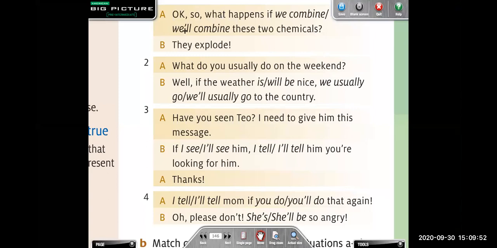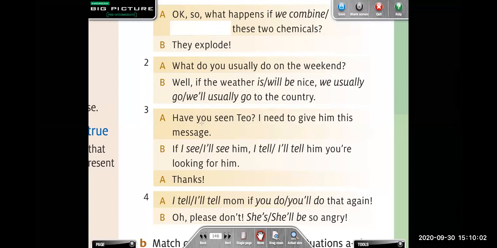If we combine, so this one is not the correct one, right? Okay. Number 2, what do you usually do on the weekend? Well, if the weather is nice, we usually go to the country.